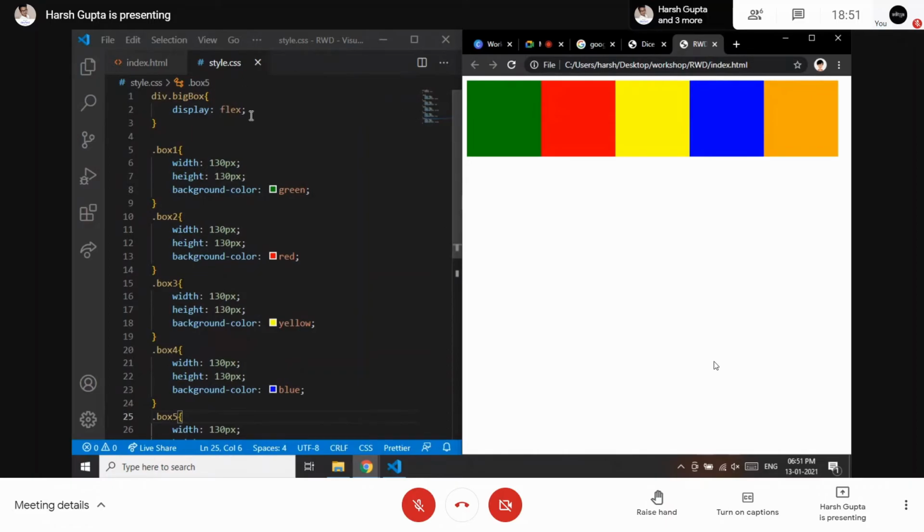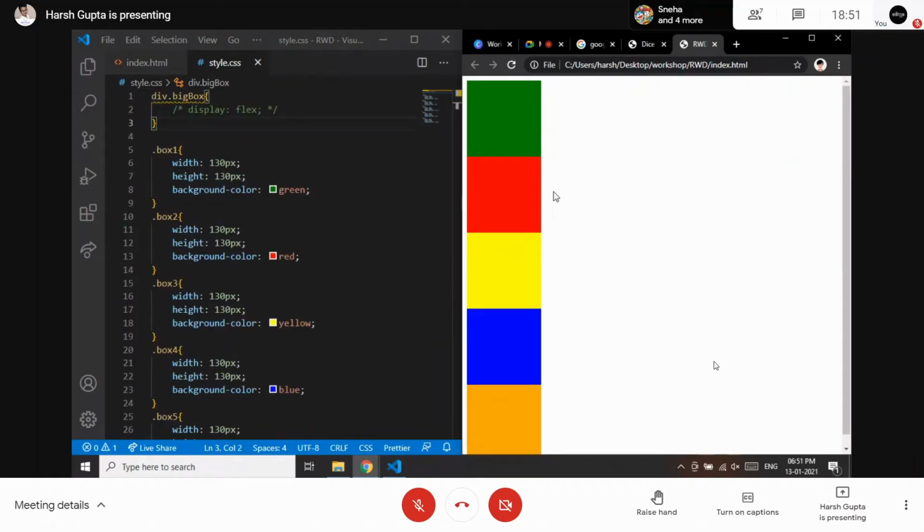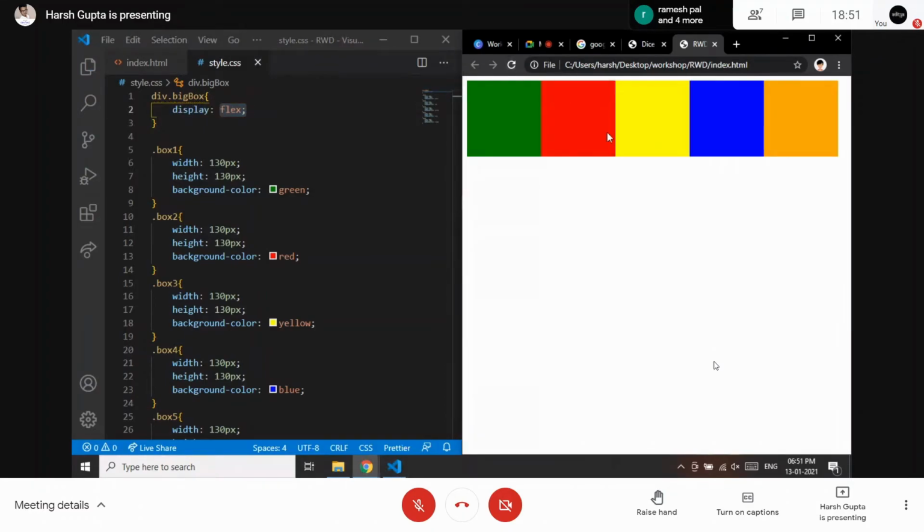And let's say I haven't applied the flexbox here. As soon as I save this, right now I haven't applied any flexbox property. I just applied the simple CSS and then refresh it. So right now they are just appearing from the top to bottom. But as soon as I apply this, it is making the content in the proper line, in the proper format, I can say. So this is how from the start the flexbox property starts making its effect.